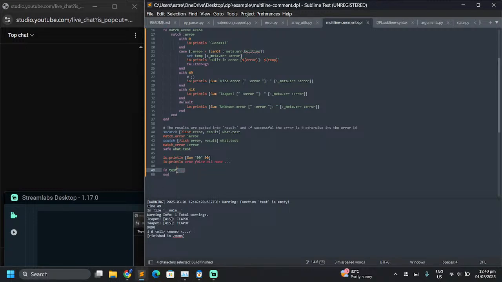So we now have an ellipsis as a parameter type. If we don't want the function to be optimized away, we use pass. And the difference between those two is this